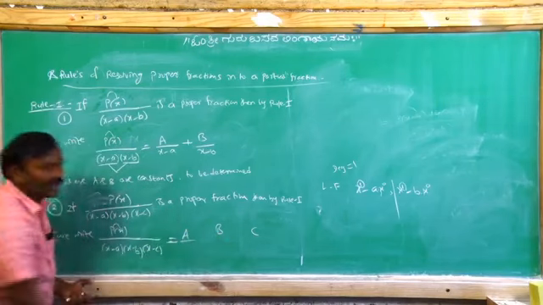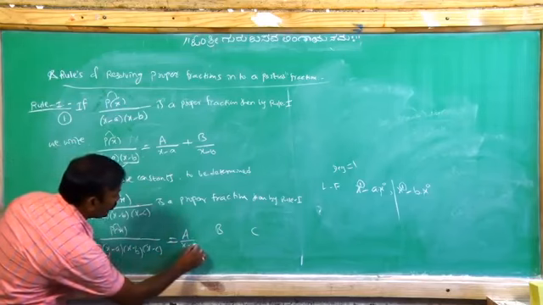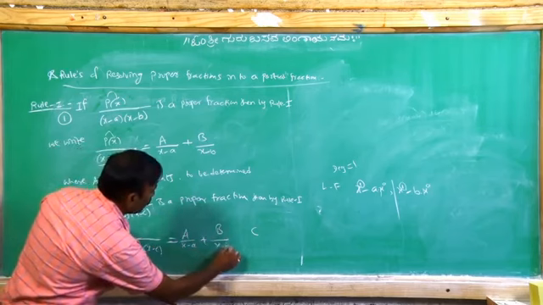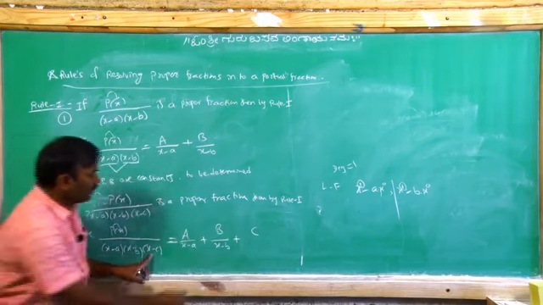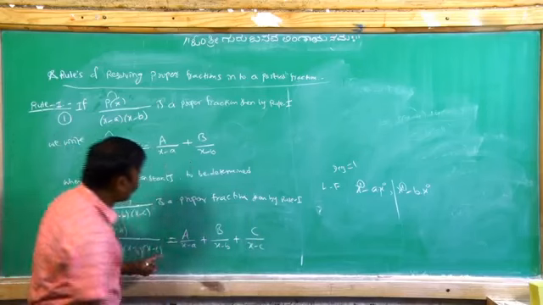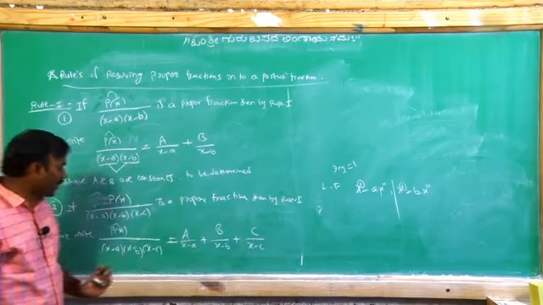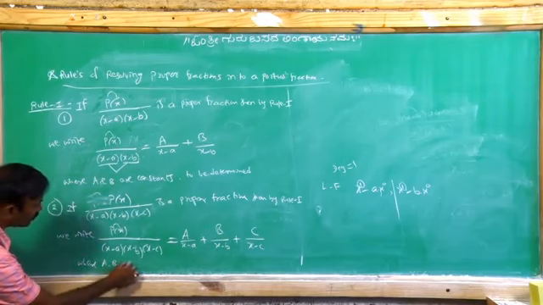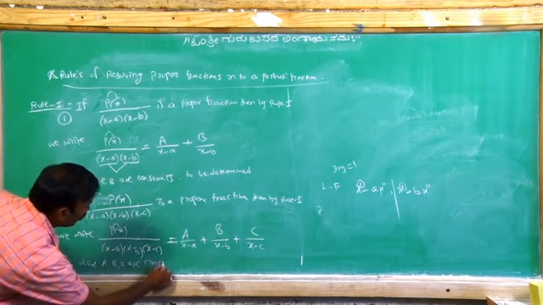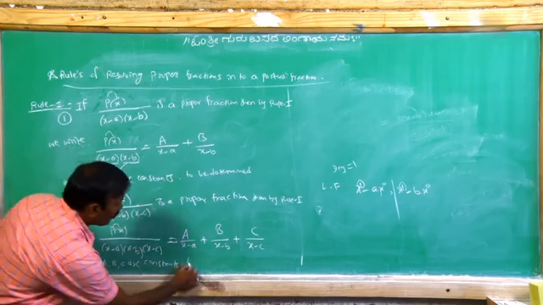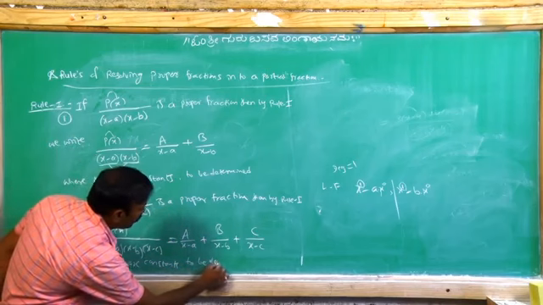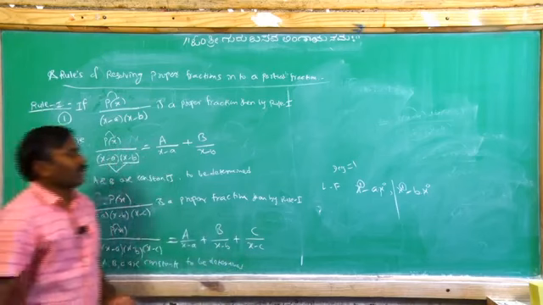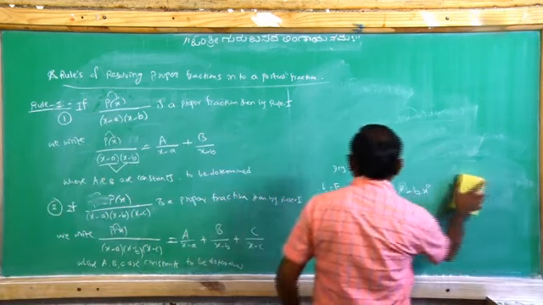Take the first constant by the first linear factor x minus a, plus the second constant by the second linear factor x minus b, plus the third constant by the third linear factor x minus c, where capital A, B, C are constants to be determined. Okay. Now take some problems depending on rule 1.